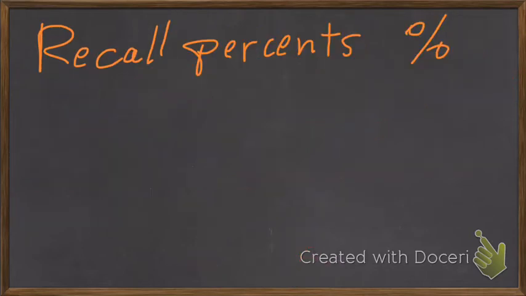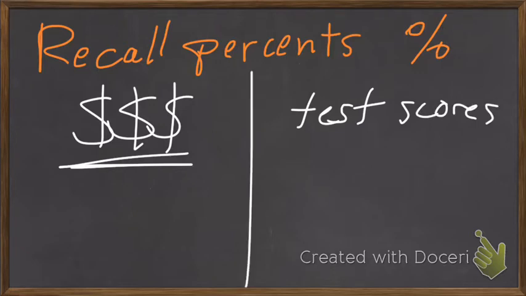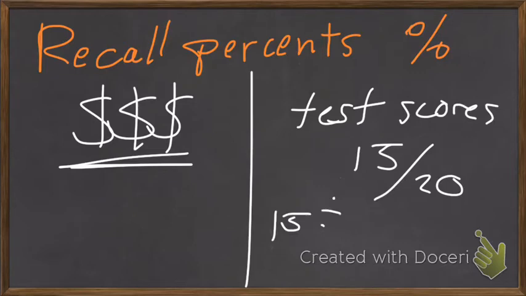Moving on, we also have percents. Now, percents are very simple, but we use them every day. If we want to talk about buying stuff from clothing stores or test scores, we often need to use percents. So for test scores, say you get 15 out of 20 on a test, and you're wondering, is that good, is that bad, what kind of a score is that? We can do on our calculators, 15 divided by 20